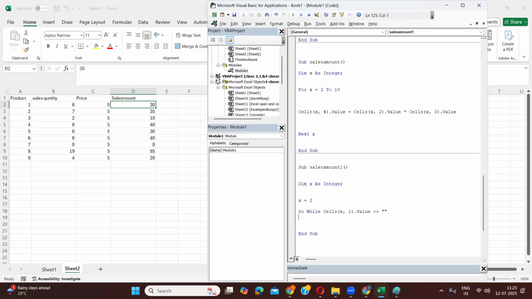You don't even know the ending part. So I've just considered my index column. You can consider your sales quantity, you can consider price, whatever you want. According to my logic, I've considered that when there is an index, print it. Do while x comma 1 value is not equal to empty, which means there is an index. Then, only then, print x comma 4